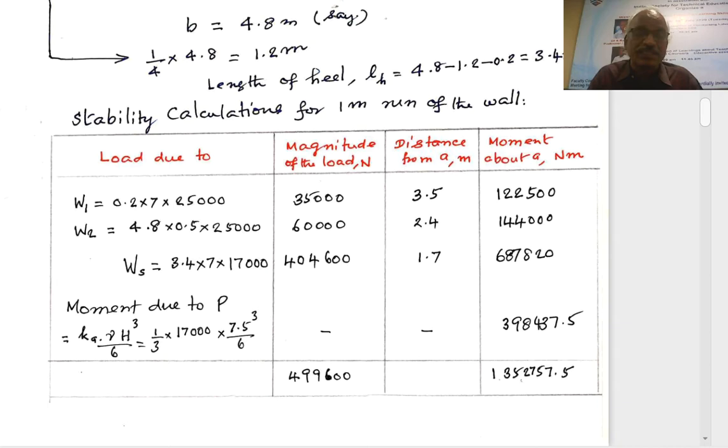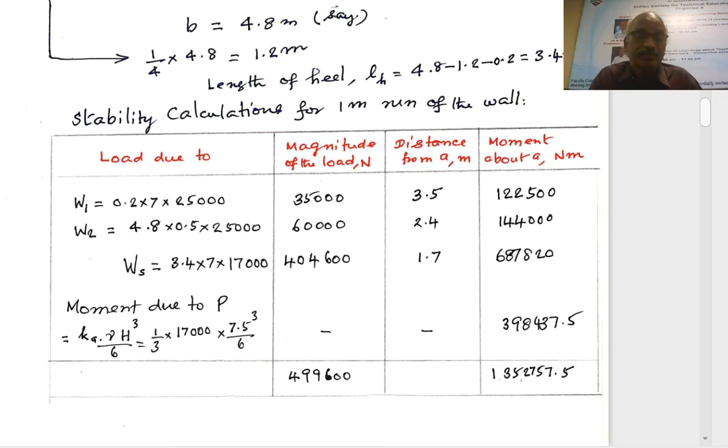Right. So Ws is the weight of soil. Weight of soil is 3.4 into 7 into 17,000. So 3.4 is the length of the heel, into 7 meters height on the top of the heel slab, into unit weight of soil, 17,000. So 25,000 is the unit weight of concrete, 17,000 is the unit weight of soil. So that is equal to 687,820